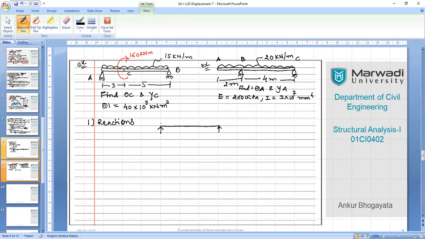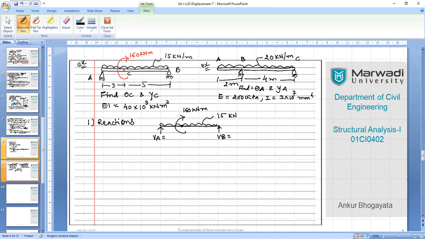Don't be afraid of the combination of forces, and I'm sure that most of you are very efficient in calculating the reactions for any sort of loading conditions that may come across to you, right? Because you have learned all this very nicely in your mechanics of solids sessions, so it should not be a problem. So please tell me the reactions.